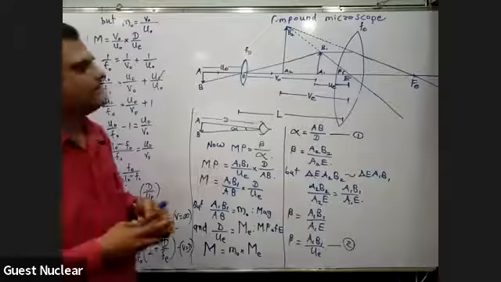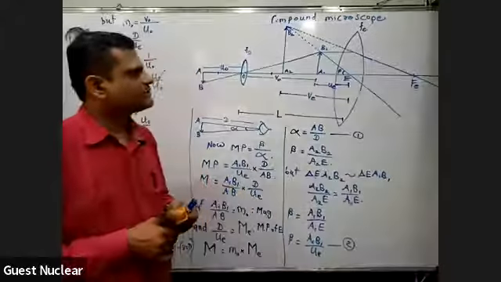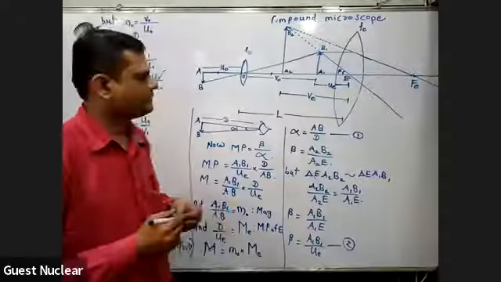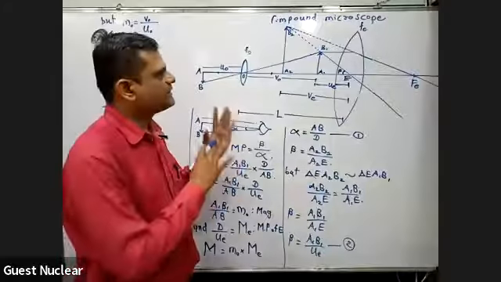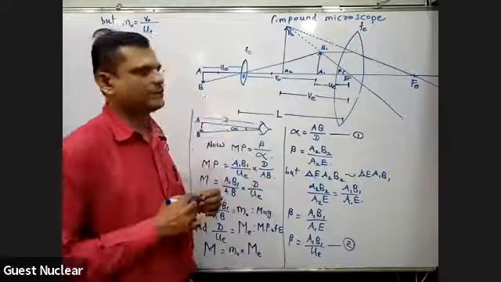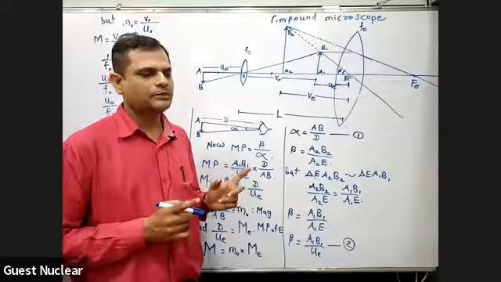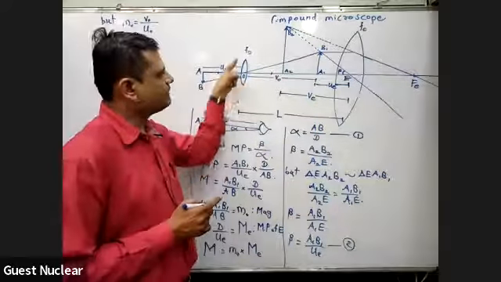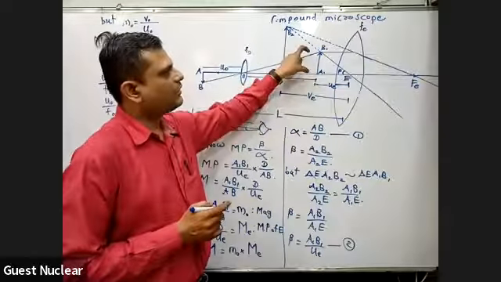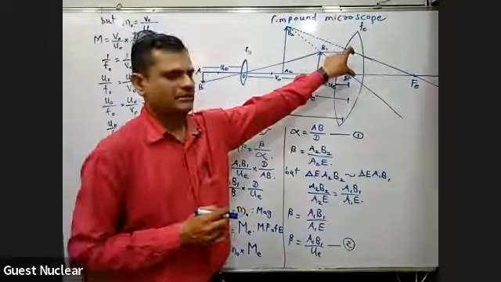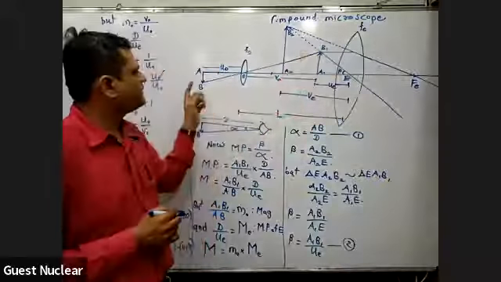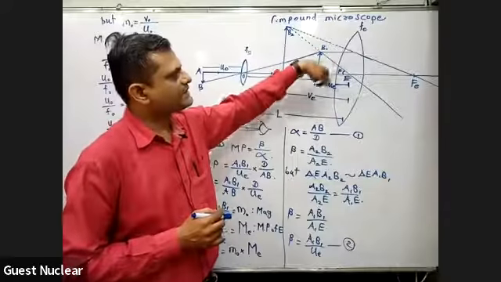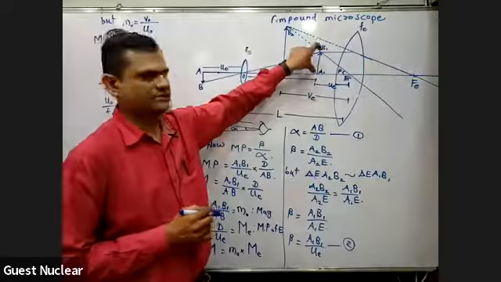Okay. Yes, so let us revise it in 2 minutes fast, whatever we have done here in this derivation. सबसे पहले हमने ये principle of compound microscope देखा. What is the principle of compound microscope? It tells us simply that the image formed by objective acts as an object for the eyepiece. Okay, or you can say when the image is formed by the objective, the eyepiece acts as a simple microscope for that image. ठीक है ना?